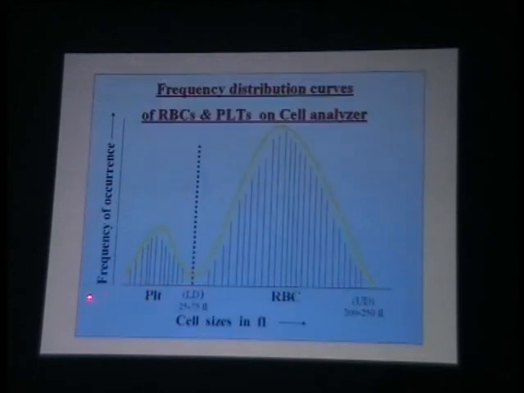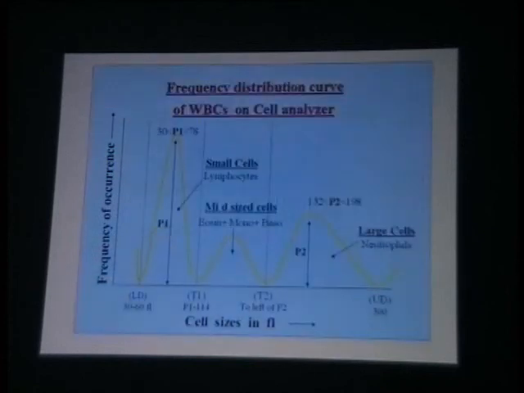Again, we know platelets are usually 2 to 25 femtoliters. There are what we call discriminators, which are put below the platelets, above the RBCs, above the WBCs. Next, please. Same thing, you can see that there are peaks in different regions according to the size, because there are certain